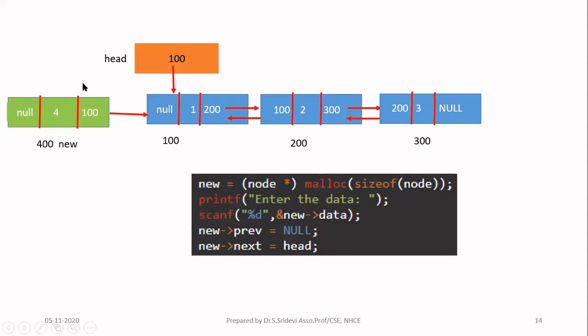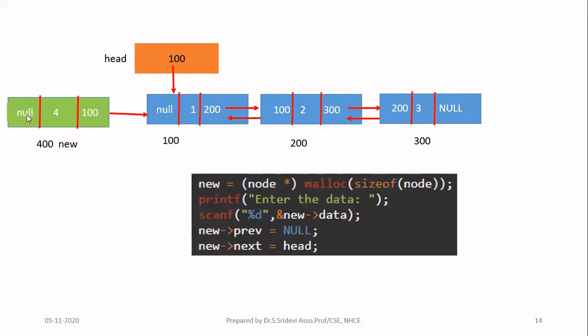And after that, this node you are going to insert as a first node. In the beginning, you are going to insert. That means this will become the first node now. So for this node, the previous pointer will be null because this is a first node. No other nodes are appearing before this node. So you store the previous pointer of this node as null. So I am writing new arrow previous is equal to null.